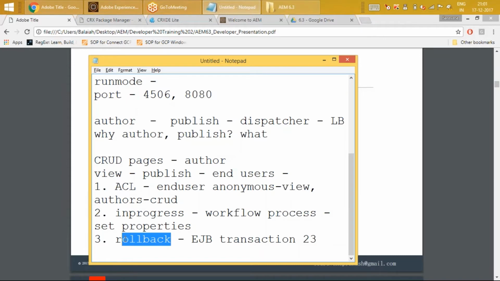That is the transaction capability of EJB. It knows to roll back the previous steps that had happened successfully, back to the initial state.